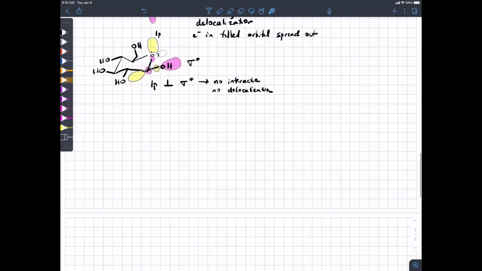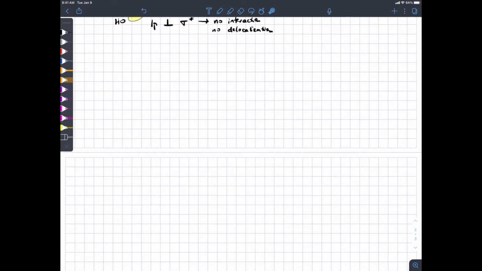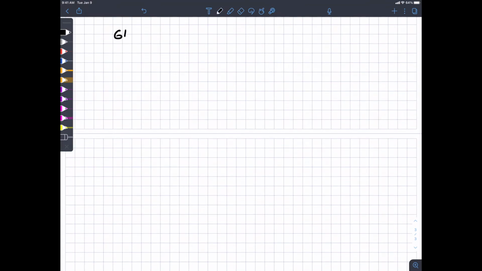Okay, so those are individual sugars. Now I want to talk about glycosides. Glycosides are just sugar acetals. The simplest glycoside would be if we took, say, glucose,